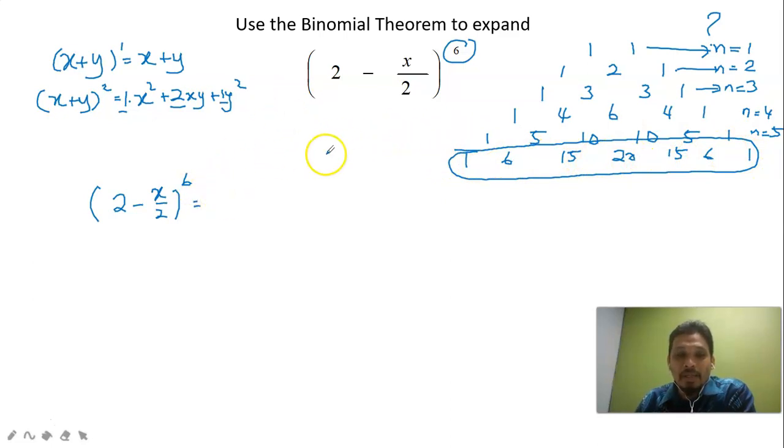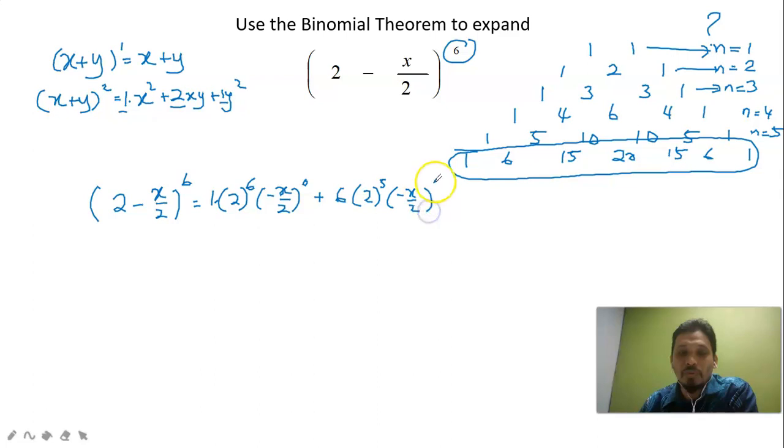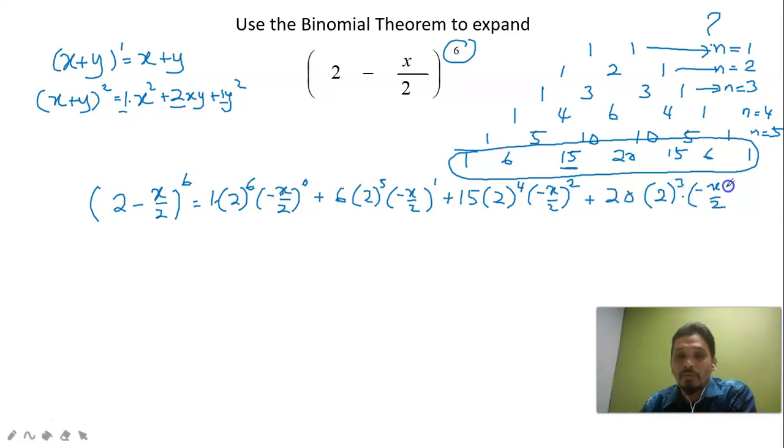For example, I begin the expansion slowly. 1 times 2 to the power of 6, negative x over 2 to the power of 0, plus 6 times 2 to the power of 5, negative x over 2 to the power of 1, plus 15 times 2 to the power of 4, negative x over 2 squared, plus 20 times 2 to the power of 3, negative x over 2 to the power of 3,